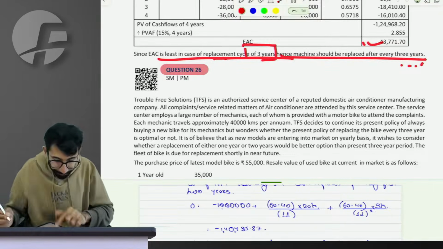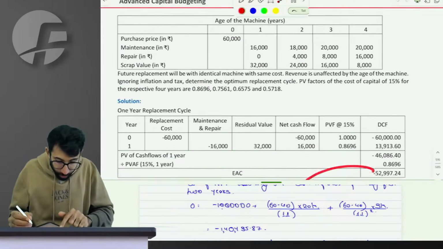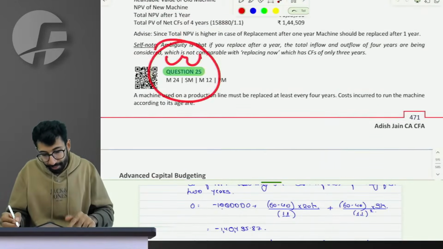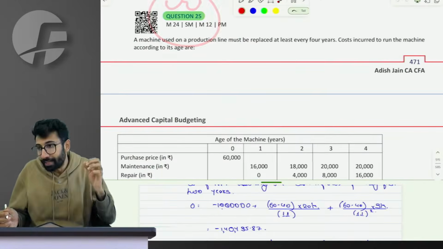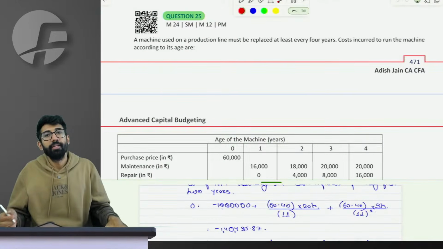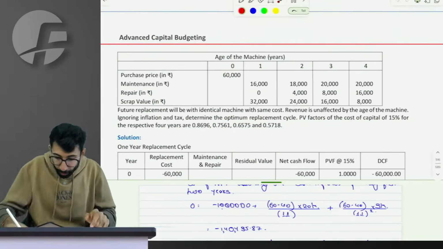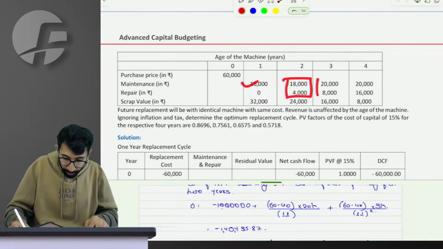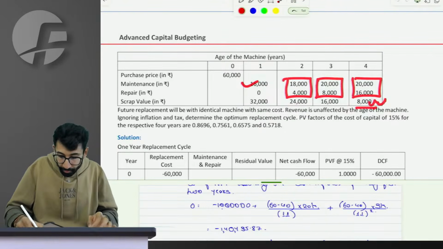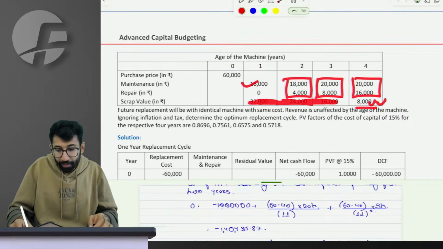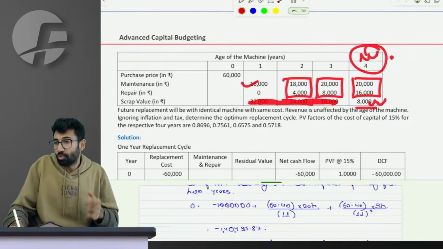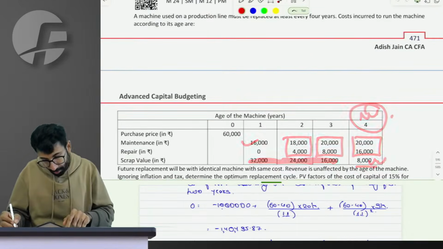Could I convey a question on optimal replacement cycle, which is really an easy question. Same activity. When you replace it at the end of 4th year, in first year you incur this, second year you incur this, third year you incur this, 4th year you incur this, and you generate this. In first, second, third year there will be no salvage value generation because you are using it for 4 years. So that was the discussion on question number 25.